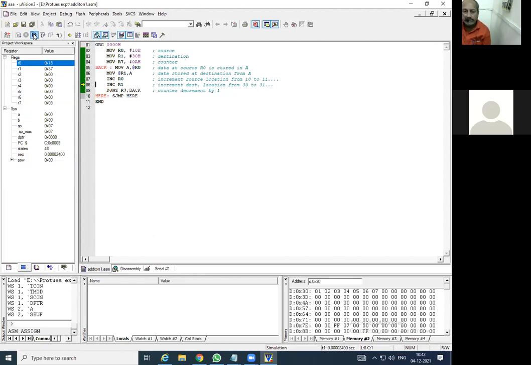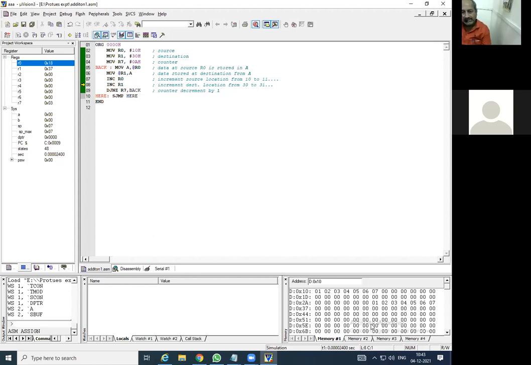And now all the others are not going to be changed because we have just kept a 00 only. So this is the source and this is the destination. All the data has been transferred from source to the destination. At the same time, source data is not going to change, because we have written the code only for the transfer.